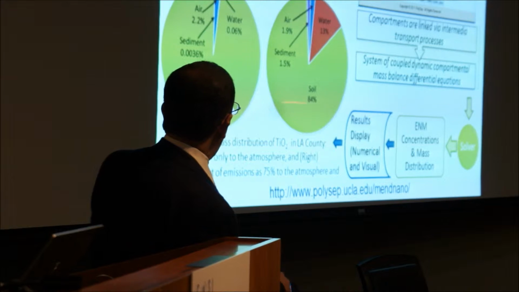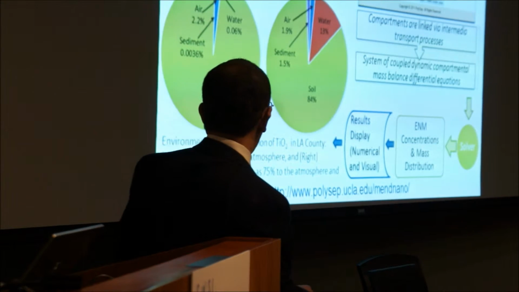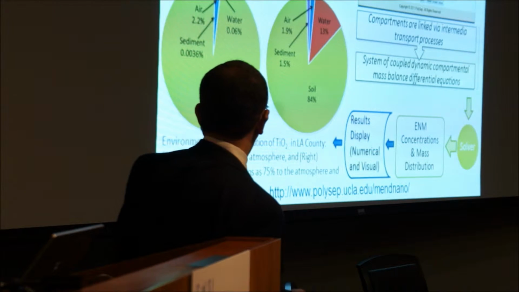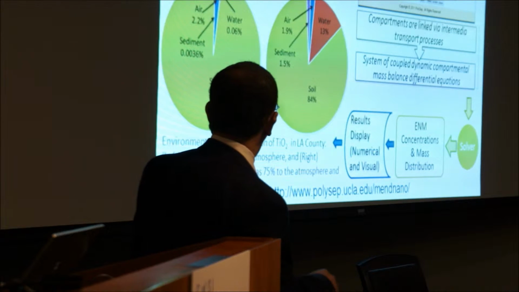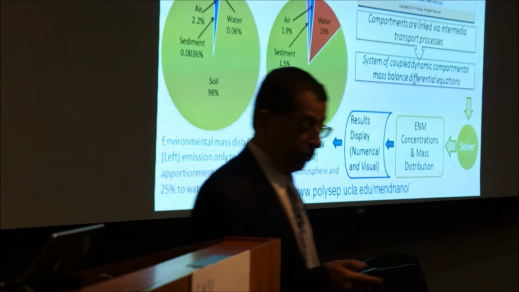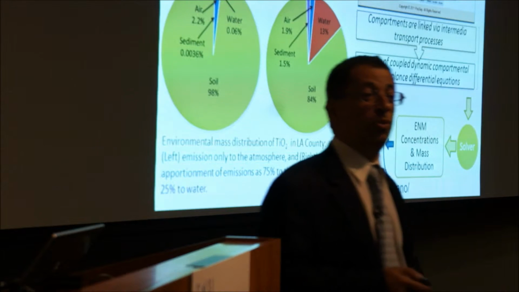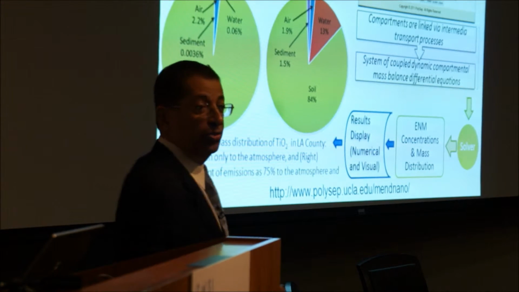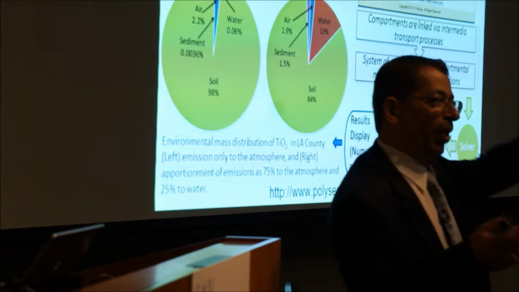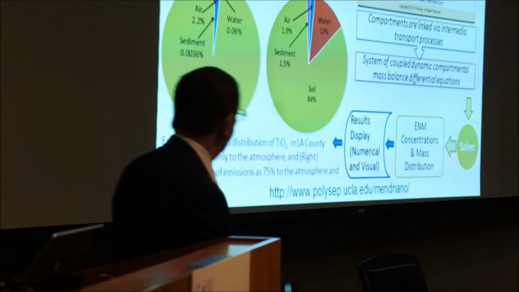So this is an example for TiO2 for the Los Angeles area, doing estimation of emissions based on population, scaling the emissions based on population. What you find is that much of the material will be contained within the soil environment. So what Trish was just telling you a few minutes ago about the impact of nanomaterials on plants, basically there's a lot of merit to looking at that, because it means that if we release materials to the atmosphere, yes, we might have an issue of inhalation, but also a lot of those materials may end up in the soil.